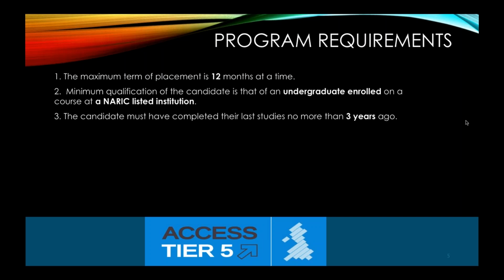The candidate must have completed their last education no more than 3 years ago. So this is very important. You only have 3 years to take advantage of this program from the day you graduate. So if you're graduating this year in September 2018, you will only be able to apply for the Tier 5 visa program till September 2021. If it was even a day more than that, I'm afraid you will not be eligible. So just bear in mind that you have only 3 years to take advantage of this